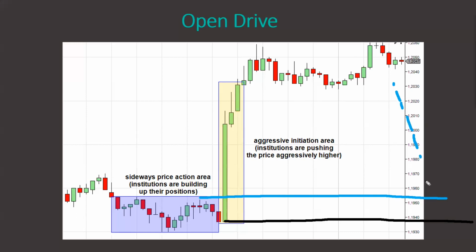When there's a pullback to the border of that rotation, go long from there, right? That's the first support, and this is the open drive support. And your stop loss needs to be behind this, let's say, double support area. So there needs to be enough room for the price to shoot through the, let's say, first support, hit the second one, hit the open drive, and then turn, right? So you need to let the trade breathe.